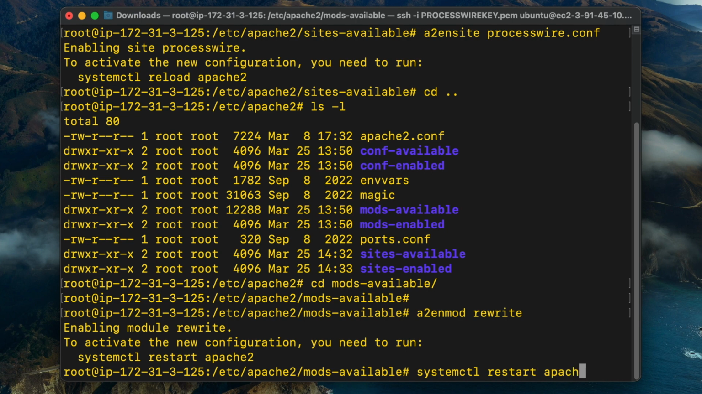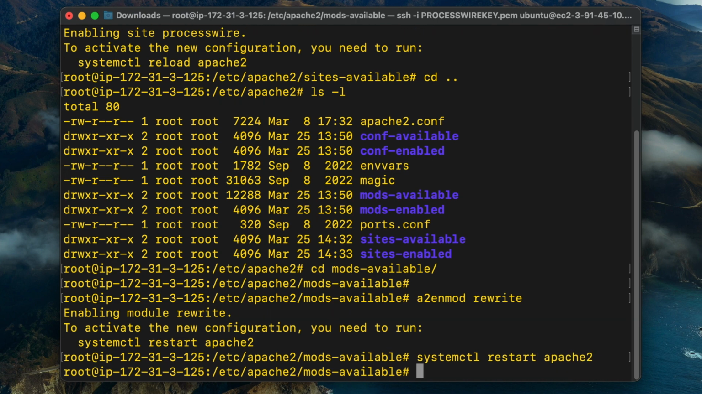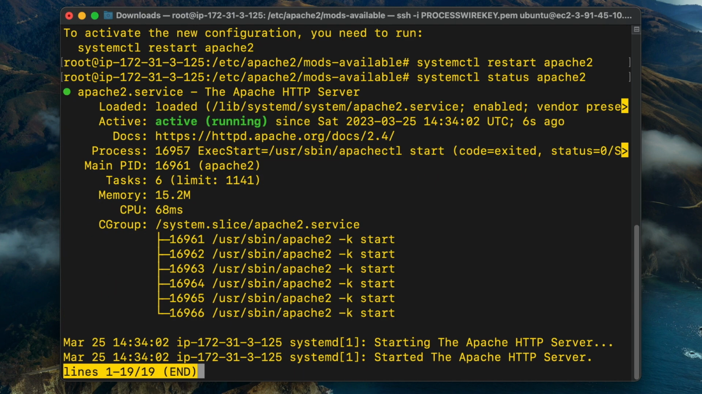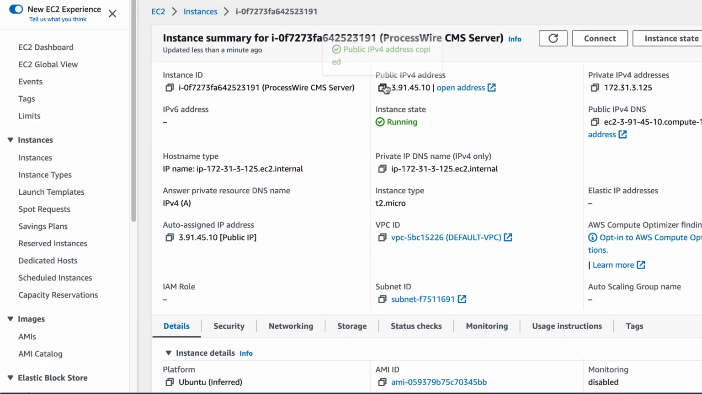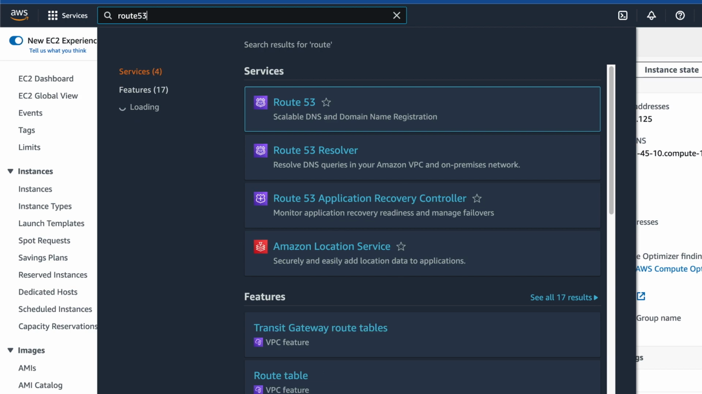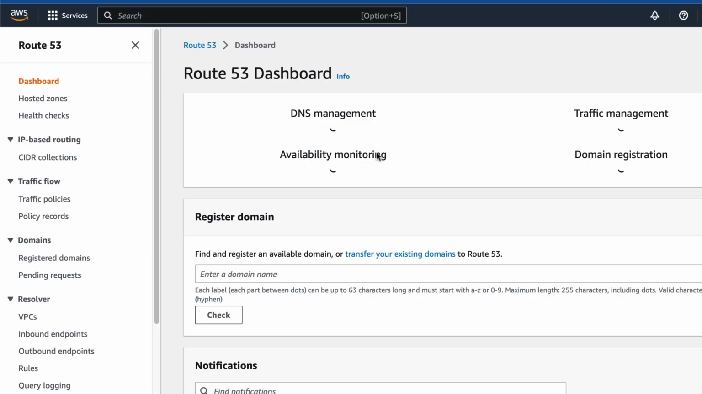Finally, I'm going to restart the Apache2 system service for the changes to take effect. If you run a status check on the service, you should see that it is actually marked as active and running. So next, I'm going to copy the public IPv4 address for the instance